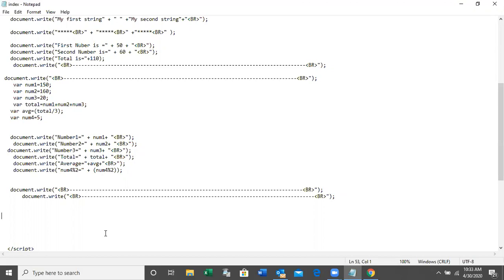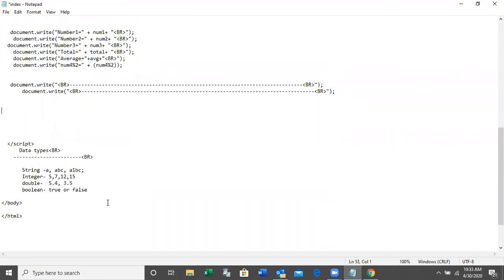What is the formula to find out the area of a rectangle? What is the formula we have to use?